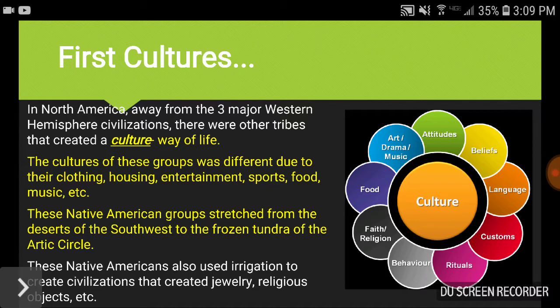All right, so we're moving away from those 3 major civilizations that we talked about yesterday, the Aztec, the Maya, and the Inca. What we're going to be talking about today is sort of similar, in that we're talking about different cultures of other Native American groups. We hinted at it yesterday, but didn't really define culture and talk in depth about the different cultures of those groups. We're going to talk more in depth about other Native American groups living in North America and what their culture was. And how we define culture in our 8th grade U.S. history class is it's a way of life.